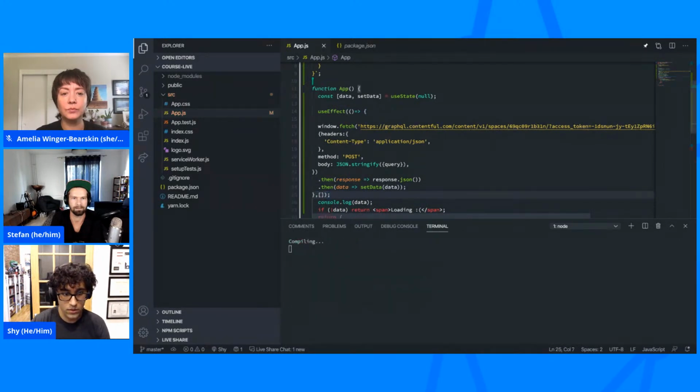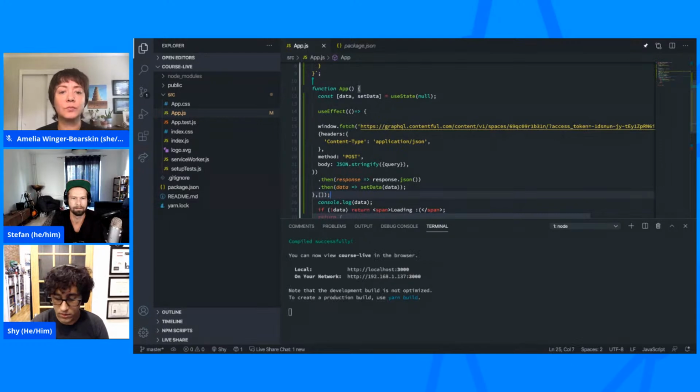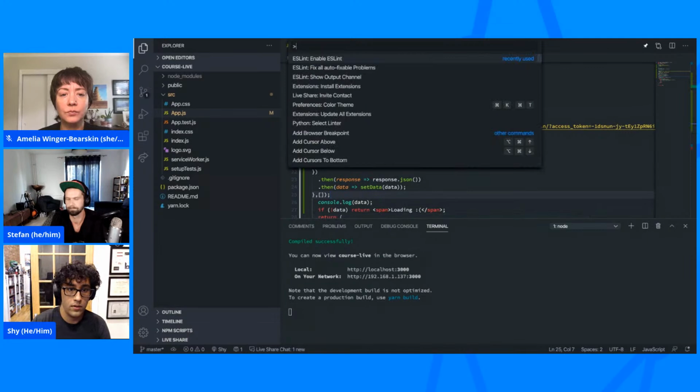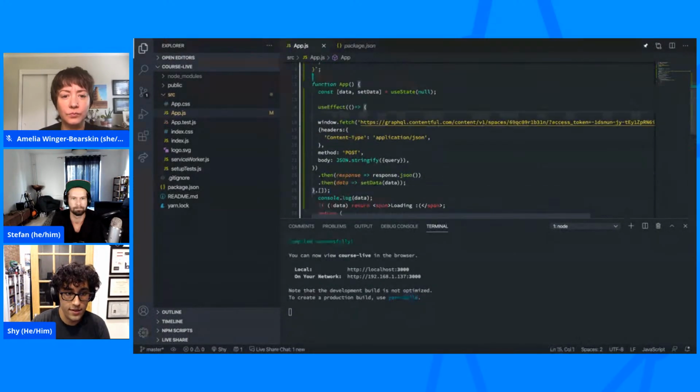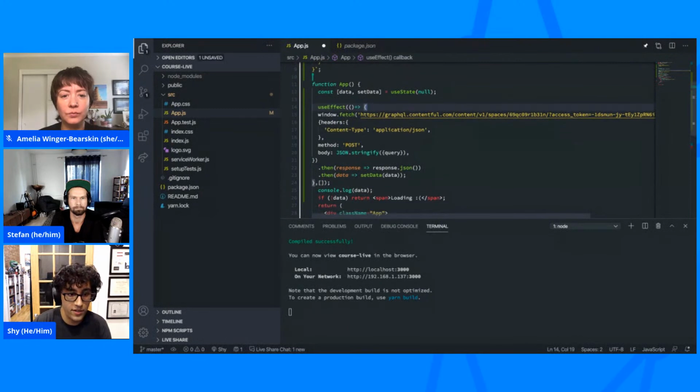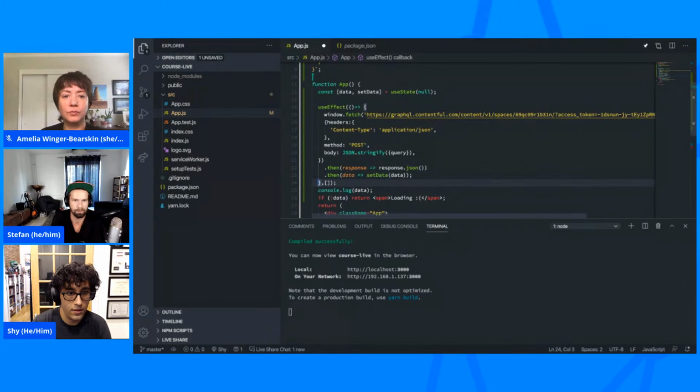Yeah, and let's format that a little bit. Oh, the ESLint is not going to help me out, unfortunately, so I'm going to have to do this manually. So yeah, and let's move everything a little bit to the right. Yeah, and also line 24. Cool. Yes. So when we now save this,